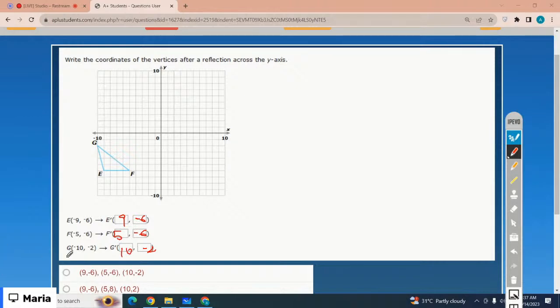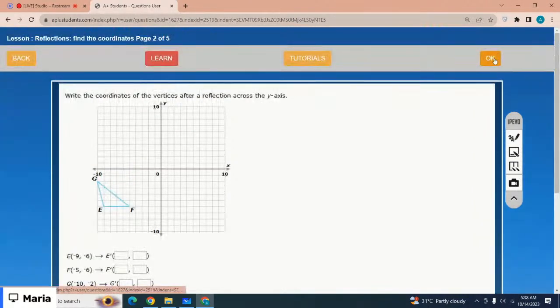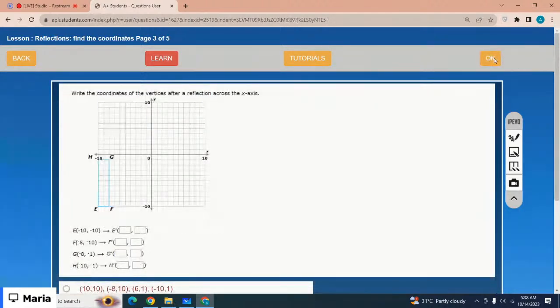Got it? So option number 1 is the correct option. So if it is the reflection along x-axis, the x coordinates are same, the sign of the y coordinates are changed, right? And if that is a reflection across y-axis, the y coordinates are same, just the sign of x